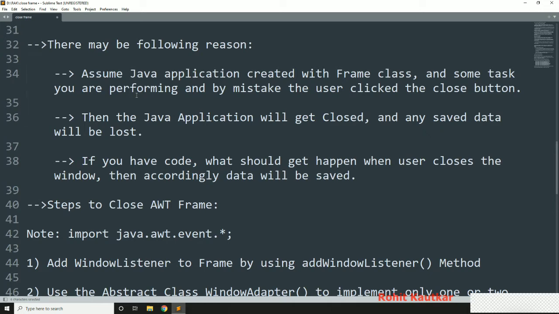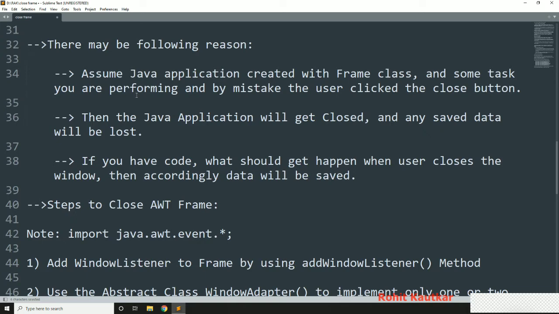If you have any code that you have written which should get executed whenever the user clicks on the close button, then according to that the data will get saved, otherwise your data will get lost. That's why they have not added code to the close button. That's why the close button is not working by default. We need to program it explicitly. This is the reason actually.